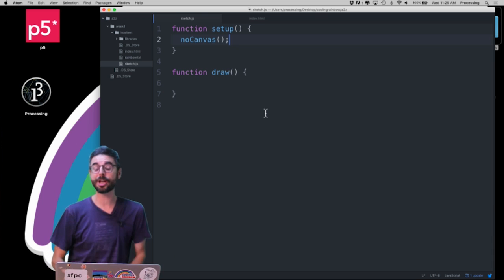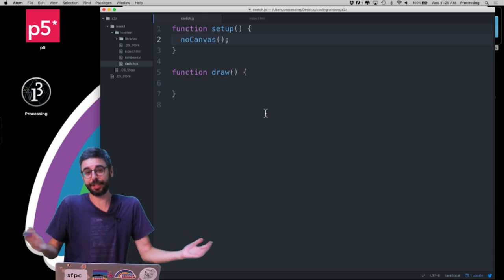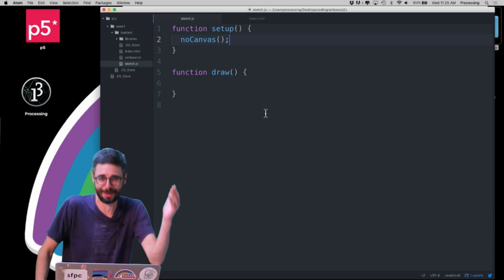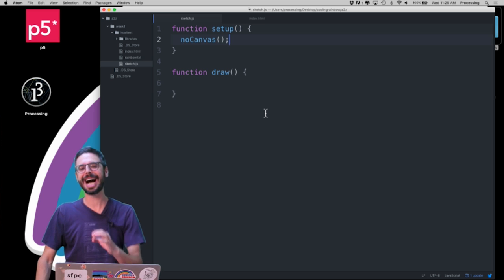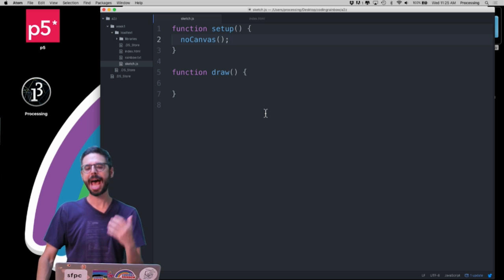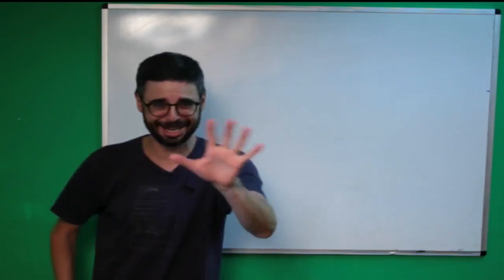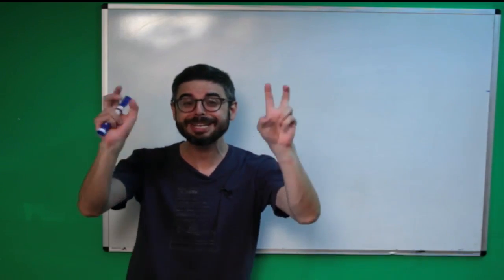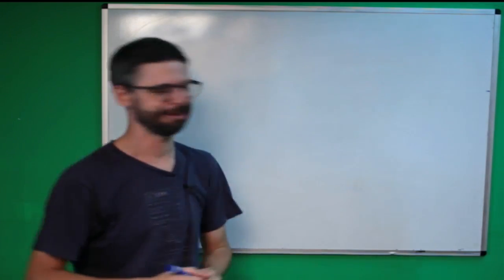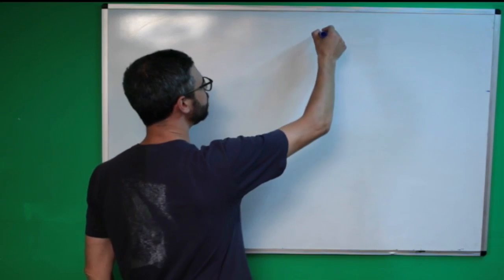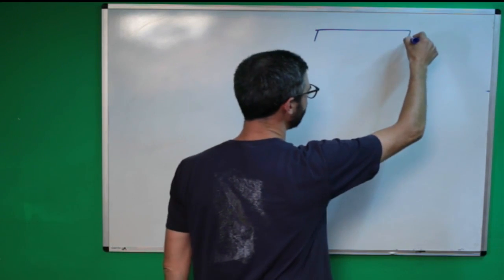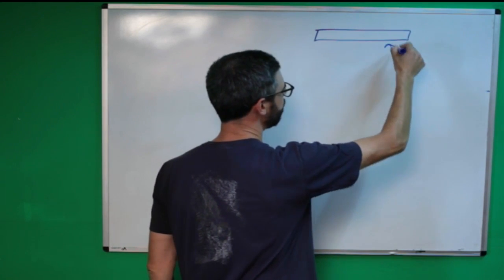In this video, I'm going to look at a feature of the world, the web, the browser, and look at, in the context of P5.js and JavaScript, how do you get text input from a user? So first I just want to talk you through the 3 or 4 methodologies I'm going to use. So number one is, if you want to get text input from the user, you can use something called